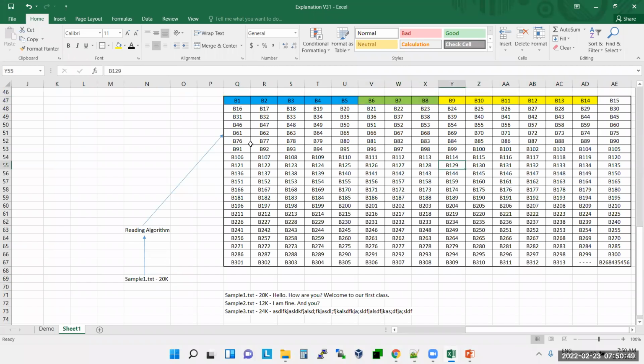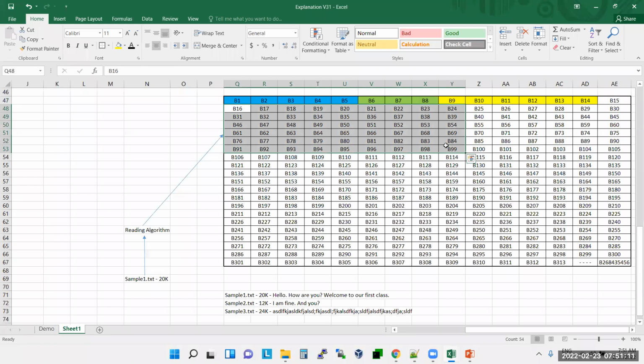Whenever you copy any data, the empty blocks will be used for those files. Let's say I have 10,000 blocks filled here. Out of 10,000 blocks, what are the blocks related to sample1.txt? How will the disk header remember this information?